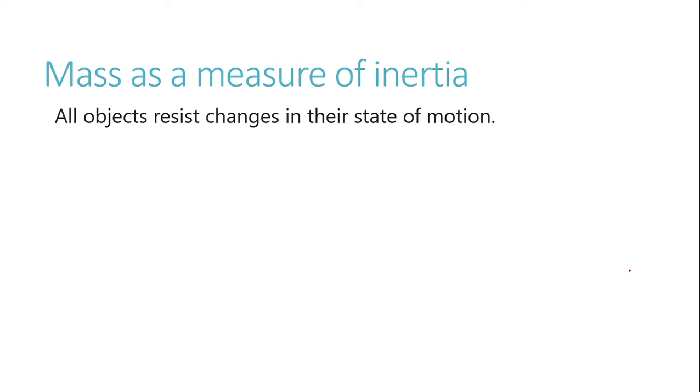The first case that I told you about, in which the car was moving and you had to apply the brake, was the case when an object is in motion, and the change in motion is to basically stop it. Let's say the other way around. If an object is stationary and you want it to move, then again there is some force that needs to be applied. So again, the concept is that all objects resist changes in motion; they need some force or they don't move on their own.